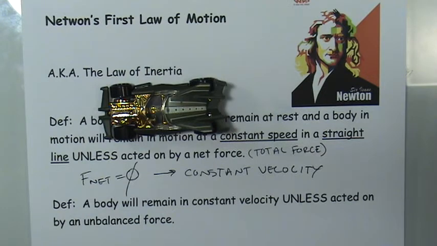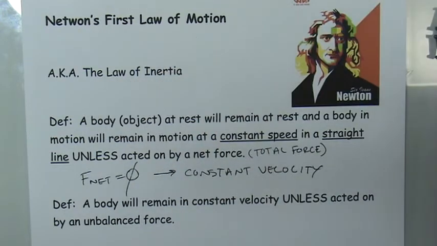So because people live in a world that is complicated by friction, it makes it seem like that's the natural state of objects, that objects want to eventually come to a stop, but they really don't. The reason why they come to a stop is because of outside forces. Friction is an outside force. That outside force acts on the object to take away its velocity.